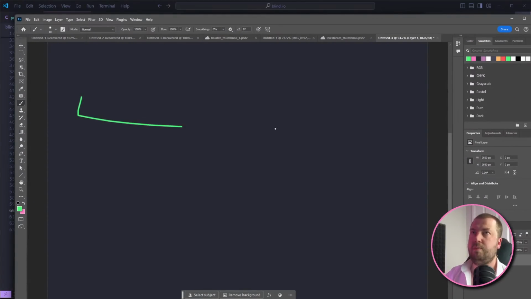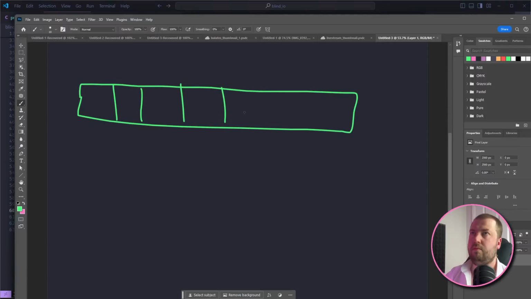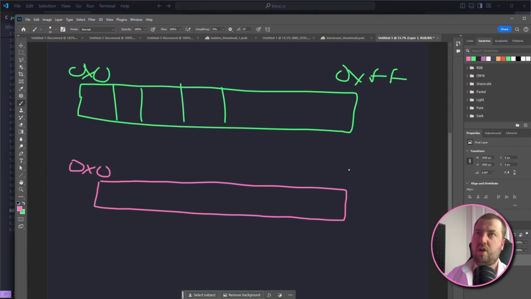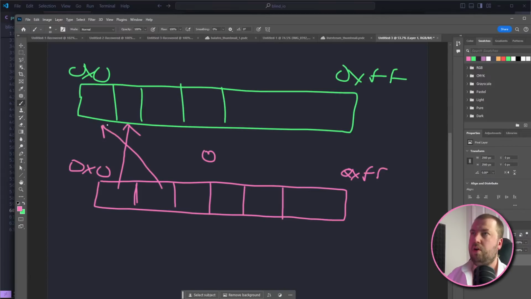Your computer has RAM, which starts at, I don't know, 0x0 and goes up to some big address. When you have a process, this process has what's called virtual memory, so it has its own address space of memory, which also starts from 0x0 and goes up to 0x, I don't know, FFFFF. And the idea is that as your process is running and it requests memory from the kernel, which kind of lives here, it gets mapped to random different blocks of physical memory. So the address that your process sees,